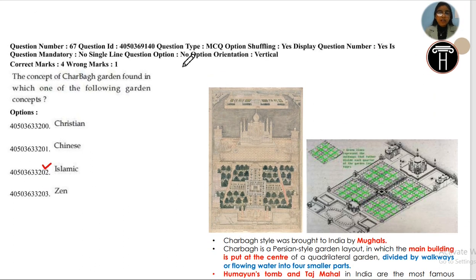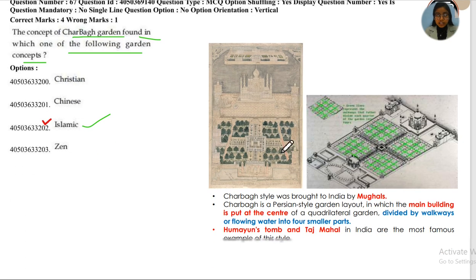Next question we have, the concept of Char Bagh Garden is found in which one of the following concepts? So the concept of Char Bagh Garden is of Islamic architecture. As you can see in this image, this is the Taj Mahal, and in front of the Taj Mahal we have the Char Bagh concept. The whole space is divided into four parts. These are four gardens. The Char Bagh style was brought to India by the Mughals. Also, Char Bagh is a Persian style garden layout in which the main building is put at the center of a quadrilateral garden